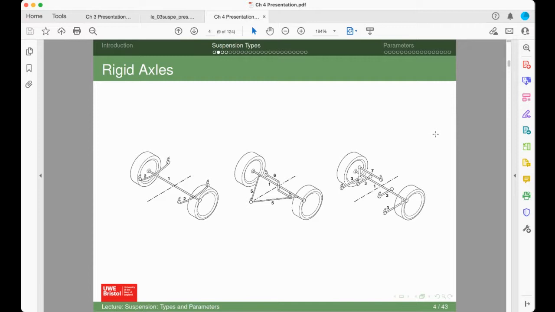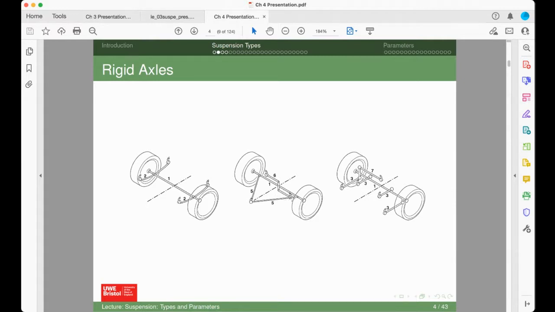So here are some simple configurations or schematics of suspension. The first picture there is your simple rigid axle with leaf springs. That's what you can see, where the leaves are. Item one is the solid axle, and you can see that the leaves are supported at either end onto the chassis. Then the second one here is, I think, called the Watts linkage, where